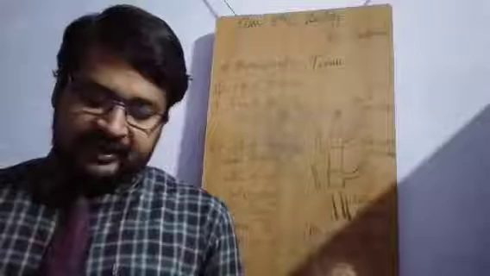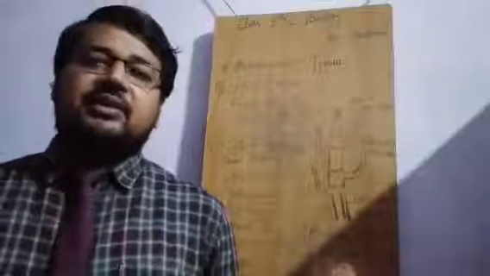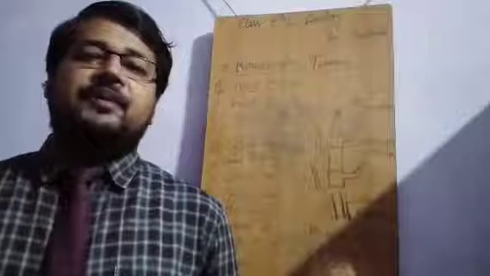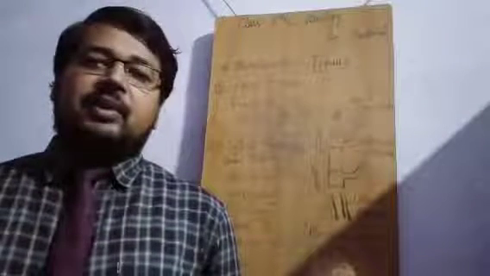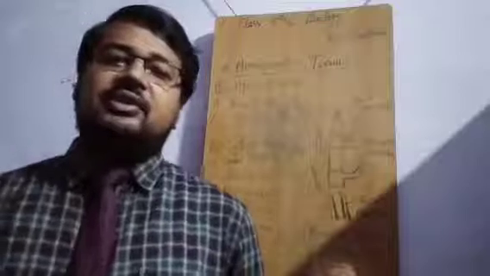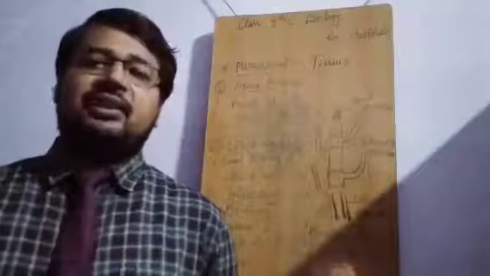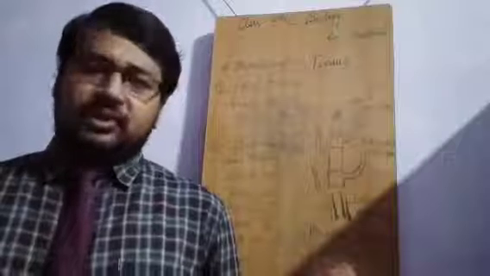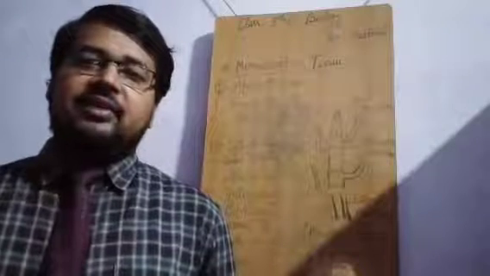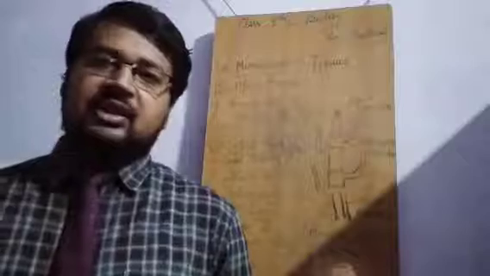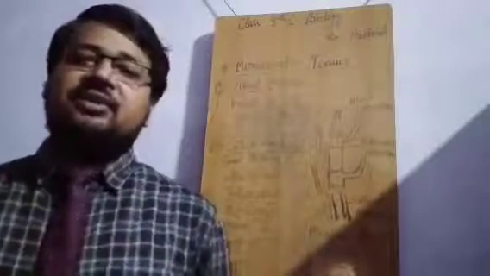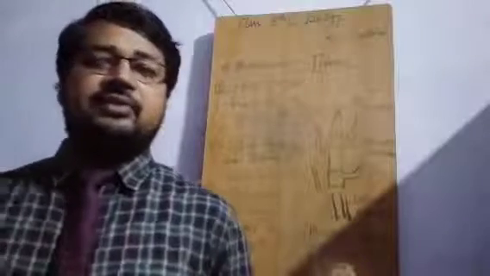One more diagram is there, that is transverse section of the growth tip of root. If you want to study the structure of any specific part of the plant, the transverse and longitudinal, TS and LS, both the sections are very important. When you cut the part of the plant in transverse section, the positioning of the cells, tissues, their structures are different. And when you cut in longitudinal section, there will be a different view. Both the sections are very important for understanding the complex modifications and structure of plant and animal tissue.